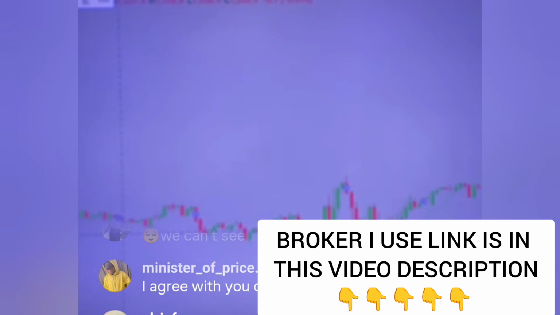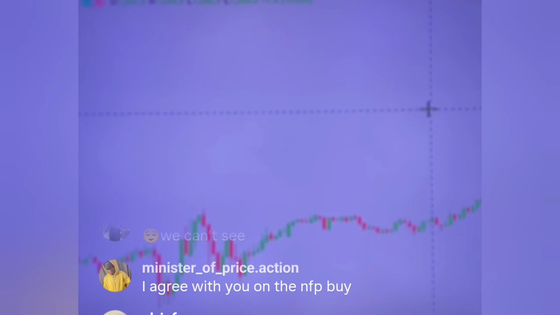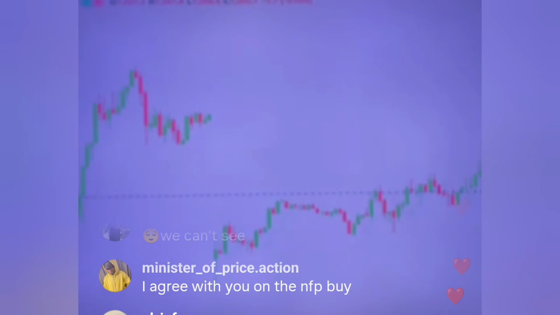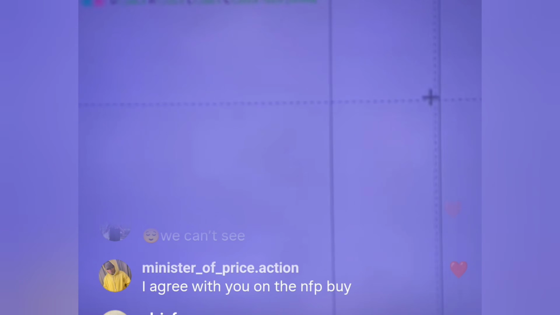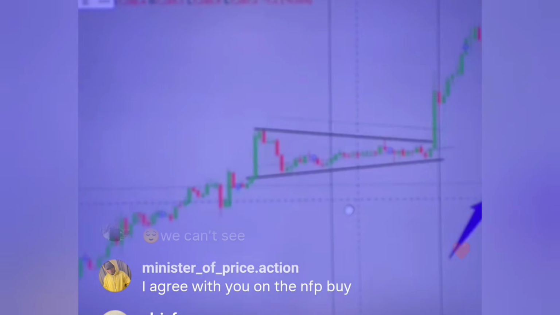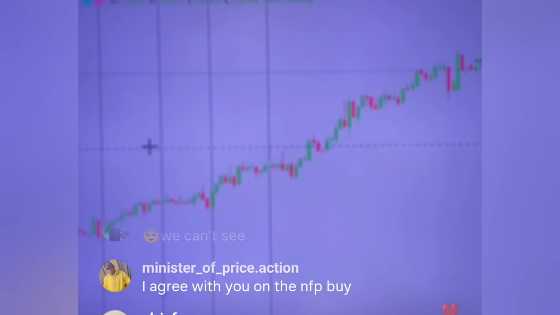So now if it's Friday, NFP buys. This is how I know. We are holding buys for NFP on Friday. This is not a guessing game. We are trading. We're not gambling. We're not betting on a horse. So the same thing happened now. You see how it happened? The market repeated itself, giving us the 2:30 buy yesterday. That's why I was so confident when I said it, 2:30, 8:30.